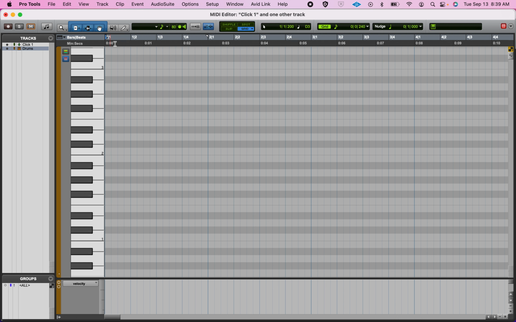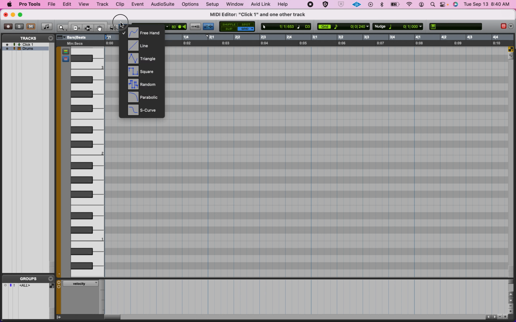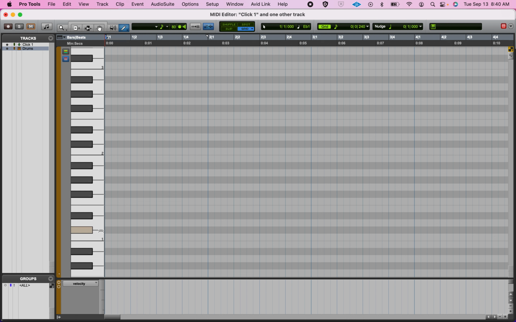All right, and even though the drums don't start at measure 1, I'm just going to do that to keep it simple. I am going to use my pencil tool. At some point today, I'm going to show you how to use the line tool as opposed to the freehand tool. But I'm going to just start by putting in,